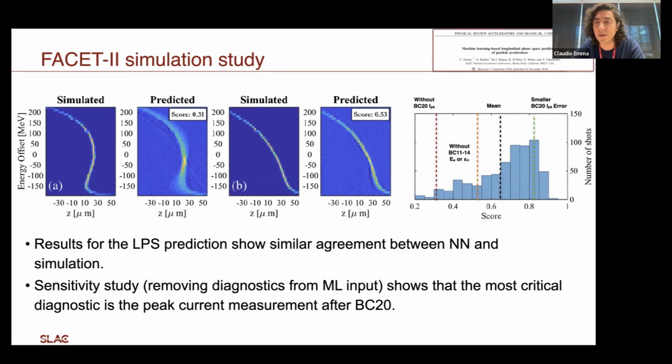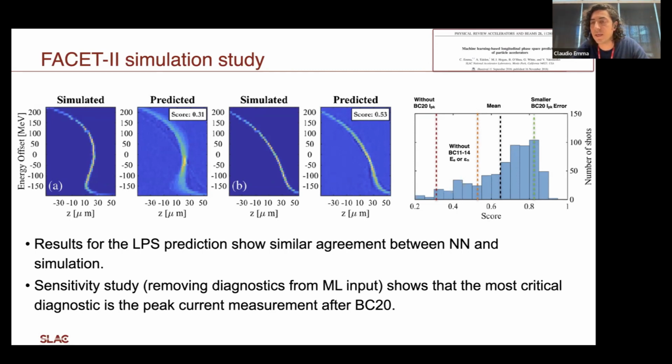And so what we see here in the plot on the right is that, for example, you get a mean score of 0.6, 0.65, maybe, when you have all your diagnostics inserted. If you, for example, were to reduce some of these built-in artificial errors that we include, you can actually get